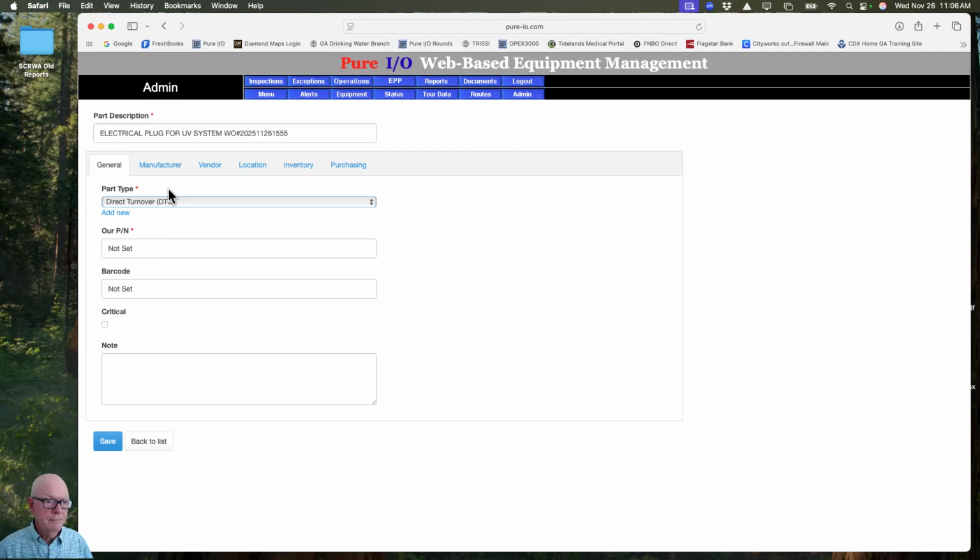Okay, and since there isn't really a part number, I'll just call it our part number, and I'll call it for that work order. That's just me and the process that I use. You can choose your own process on how to fill out these fields when adding a part into inventory. But what I want to show you is